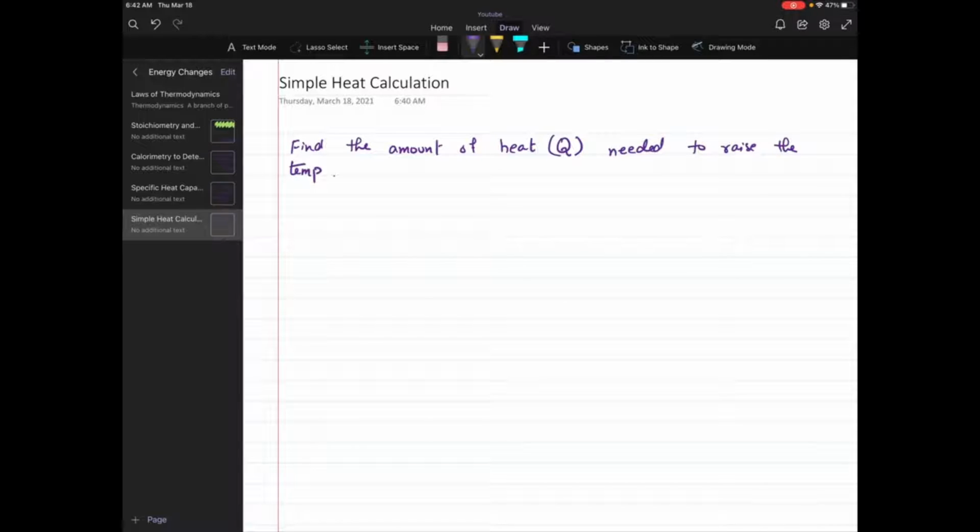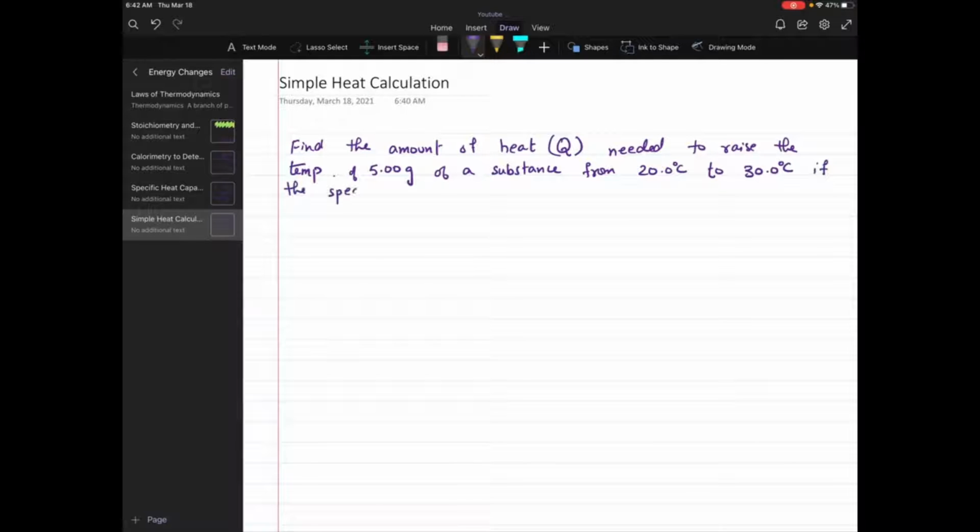of 5.00 grams of a substance. So we don't know what the substance is. From 20 degrees Celsius, which means the initial temperature was 20, to 30.0 degrees Celsius. So temperature is going up by 10. Now, we don't know what the substance is, but they kept on going and they said if